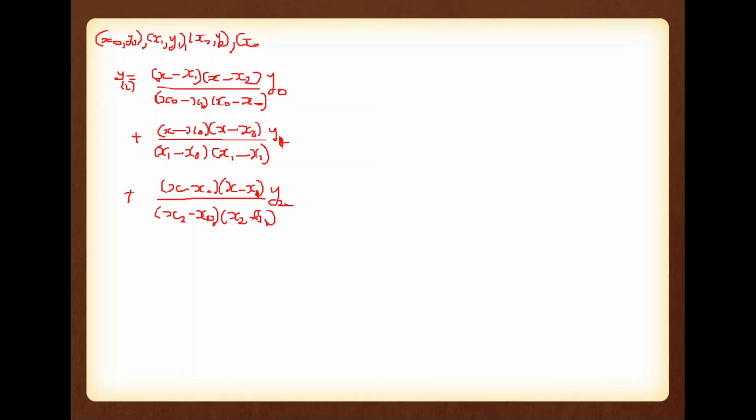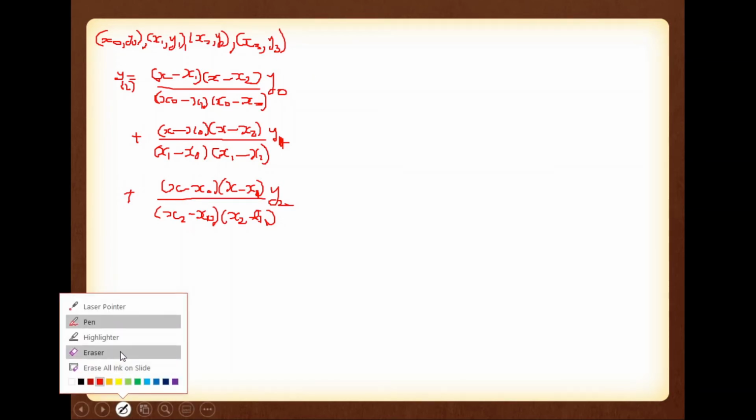The number of data points is increased to 4. So x3 comma y3 is the fourth data point. So n plus 1 is 4, n equal to 3. So the number of elements will be 4: y0, y1, y2, and now one more element we have to add, the fourth element corresponding to y3. In the numerator we had two terms, that is increased to 3, and the denominator also is increased to 3. So what is the corresponding modification?